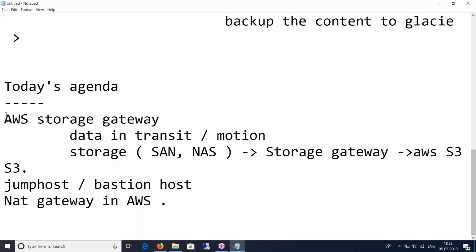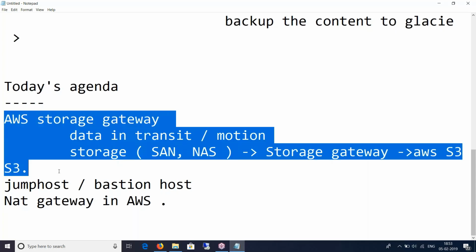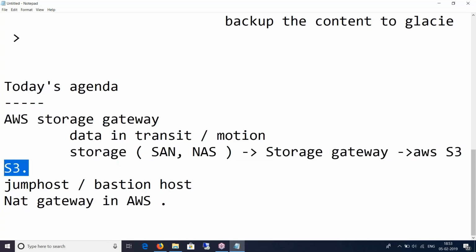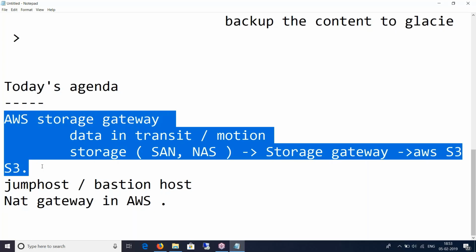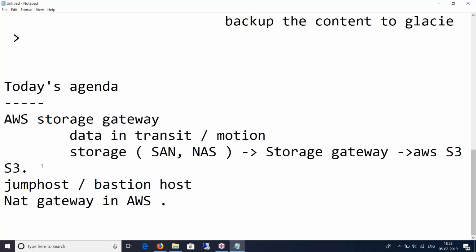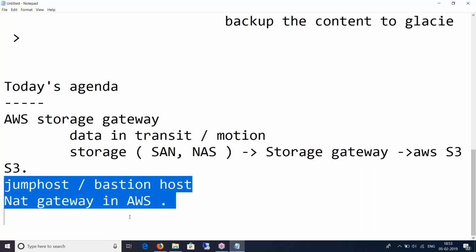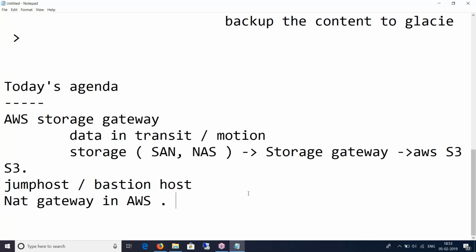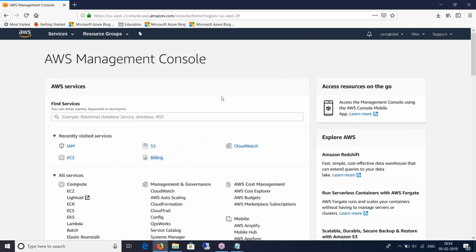One is disaster recovery, storage. There is encryption sitting somewhere in the middle, which is encrypting the data at rest and data in transit, securing your networks using NAT gateways and jump host / bastion host. So we are still aligning to the course content that we discussed yesterday. None of this is going beyond or less than the course. We're still sticking to those bullet points mentioned there.